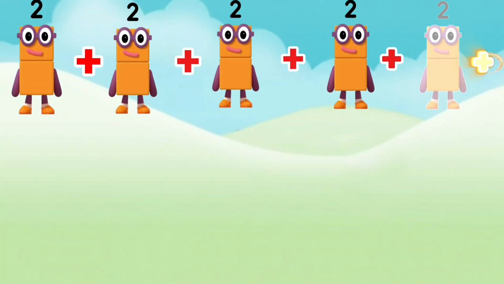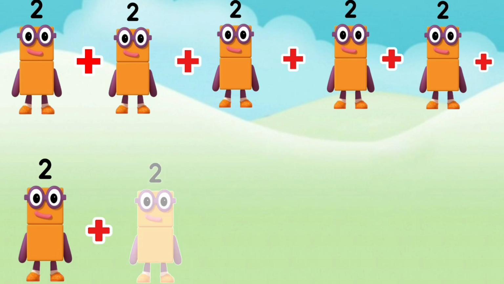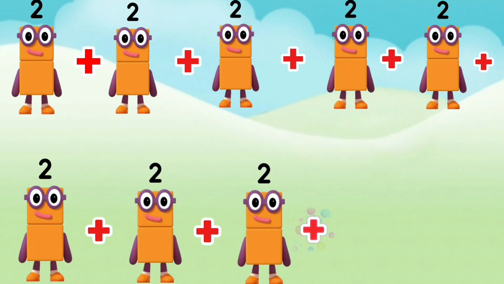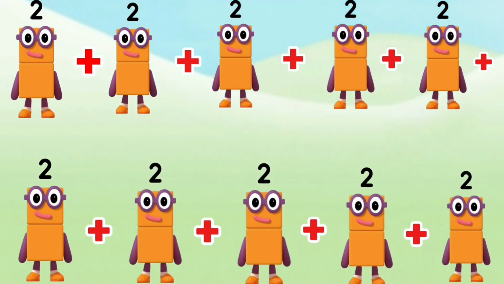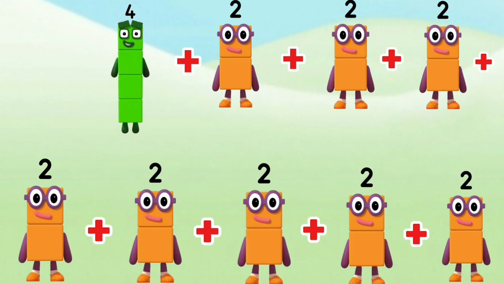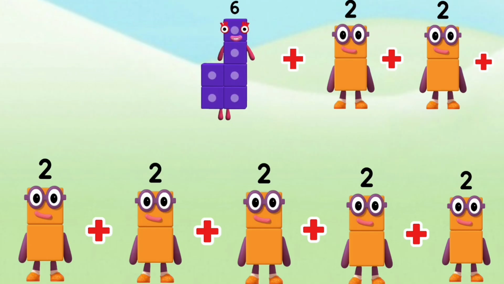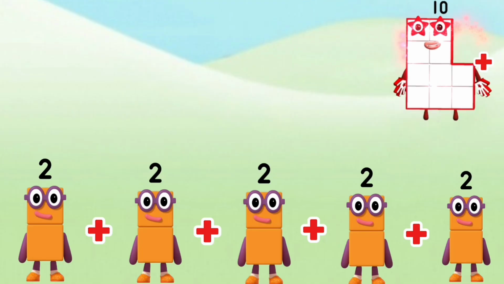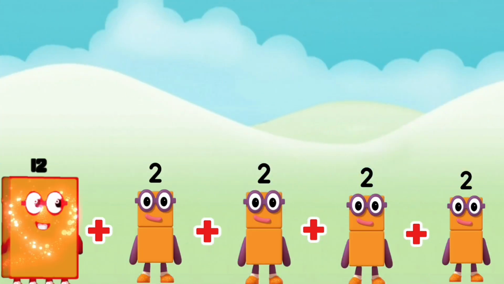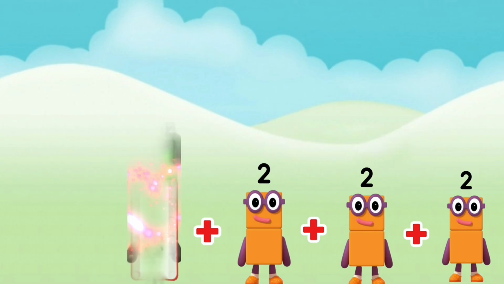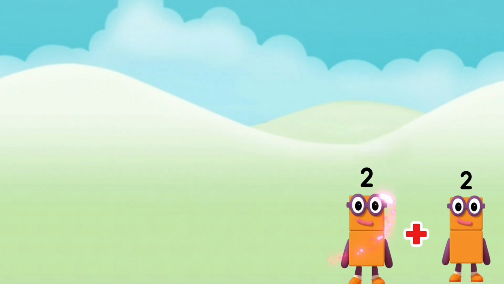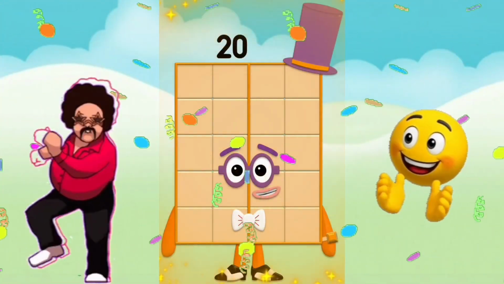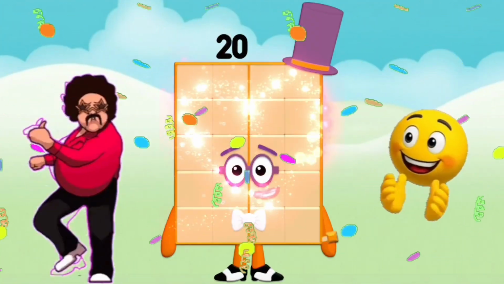Repeat this process with 2. We add 2 and then add 10 times to create a table of 2. Let's go. 2, 4, 6, 8, 10, 12, 14, 16, 18, 20. Next,